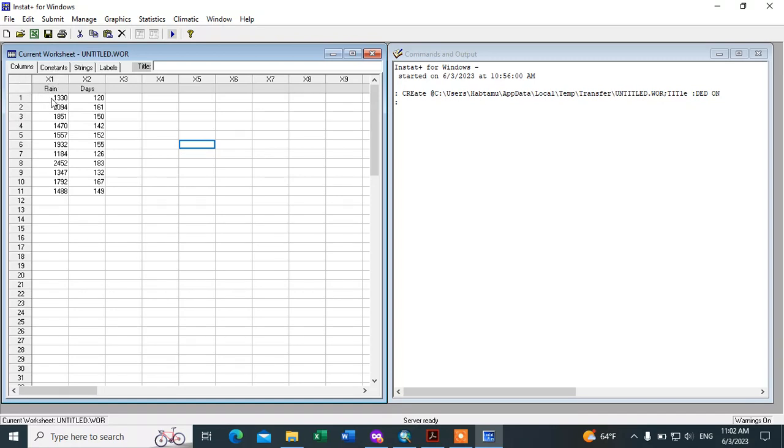So x1 is the annual rainfall or annual precipitation, and this one is the number of days in which the rain occurs. This one is the total annual rainfall, and this one is the corresponding number of days in which the rain occurs in that year. All right, and this way we can put the data in the worksheet,